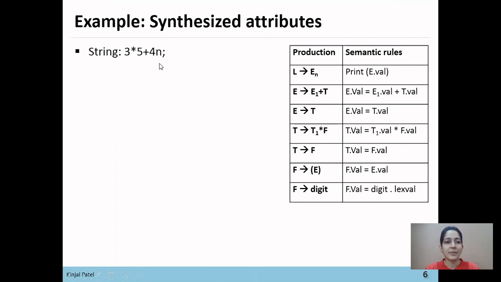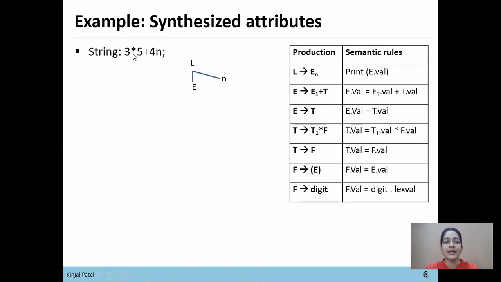So to construct the parse tree for the string 3 star 5 plus 4n, we'll start from the starting symbol, which is L. So L derives En, where n represents the new line. So for the string 3 star 5 plus 4n, n has been derived. Now we want to parse the string 3 star 5 plus 4.